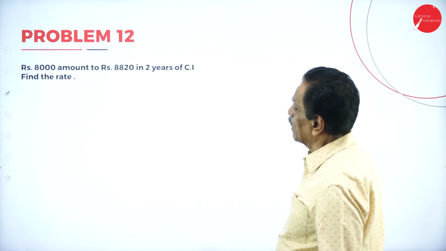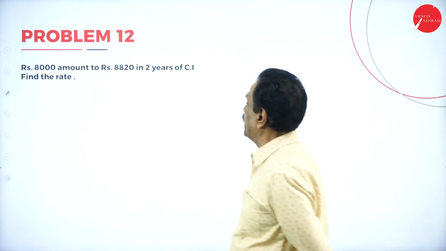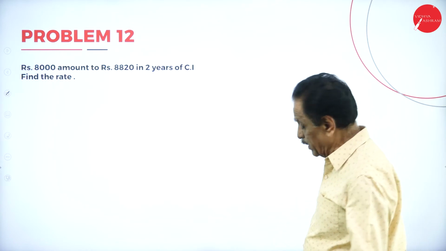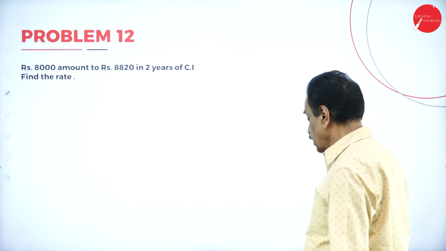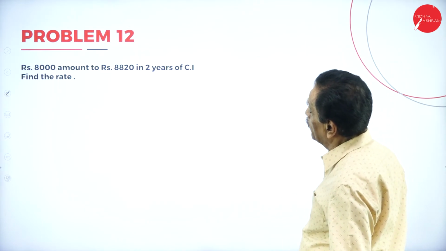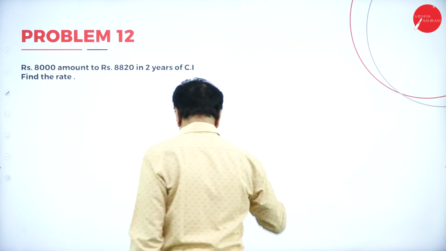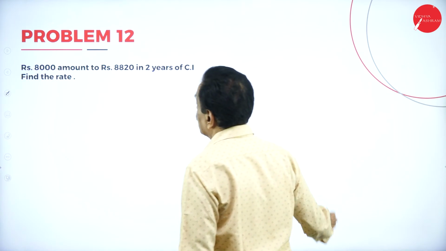Rupees 8,000 amounts to rupees 8,820 in 2 years of compound interest. Find the rate. 8,000 becomes 8,820 in 2 years. Principal and number of years are given, the rate is not given. So, given